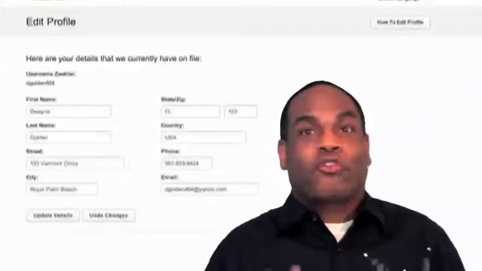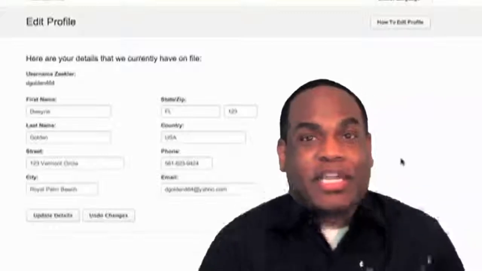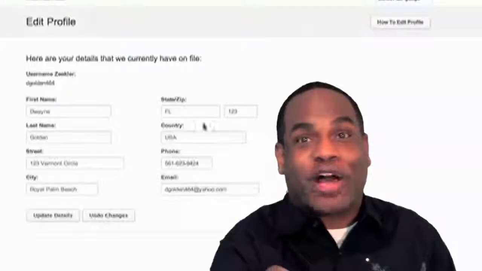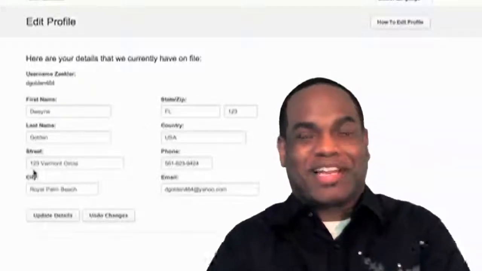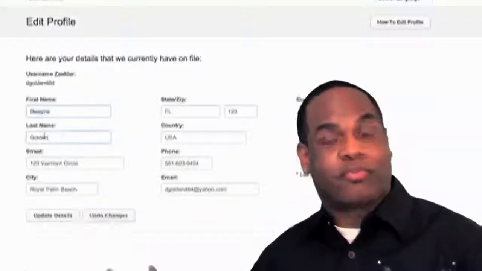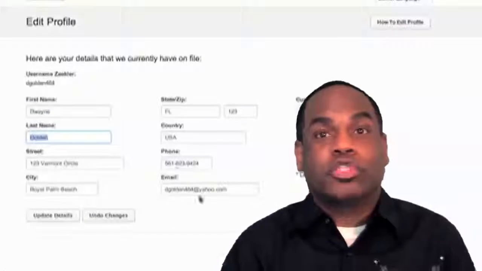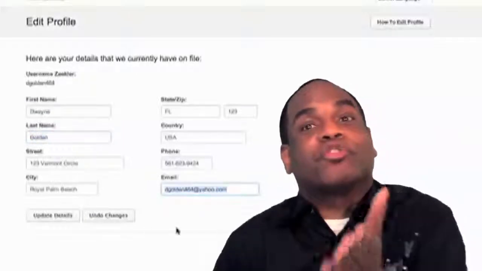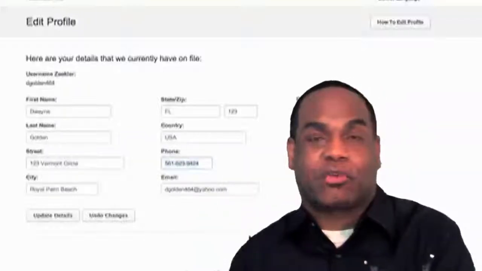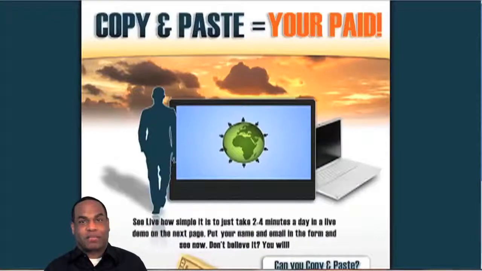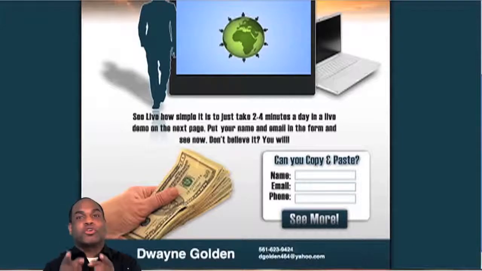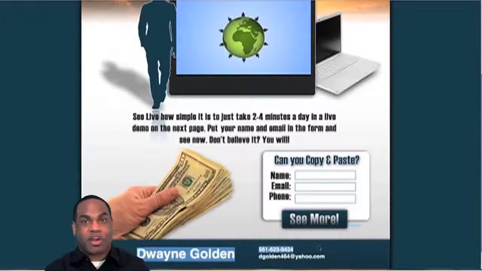Now, as we do this, we're going to first walk into our edit profile page, and if you take a look behind me, you will see that there are specific elements of your profile that will populate your capture and landing pages. Number one, your name, spelled correctly, should be here in the profile section. So should the appropriate email address and your phone number if you choose. Why do we do that? Well, if you make sure your profile is accurate, then when you look at your landing pages or your capture pages, your information will already be populated on there so your prospects can contact you as they want to get started.